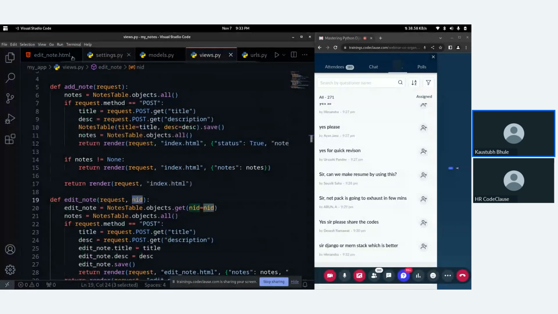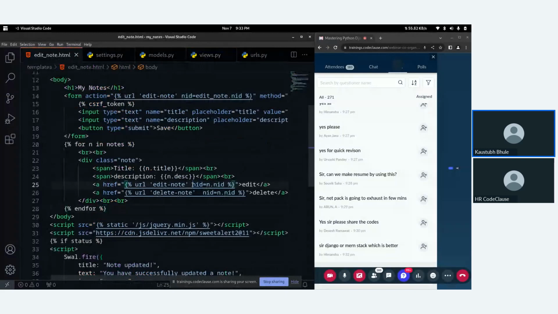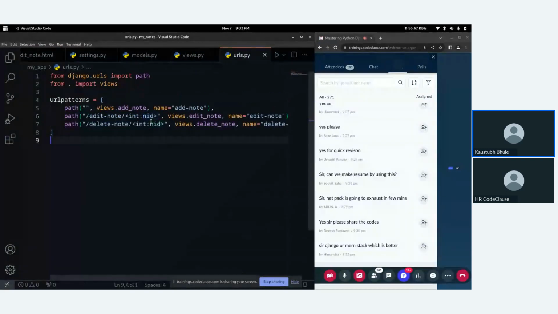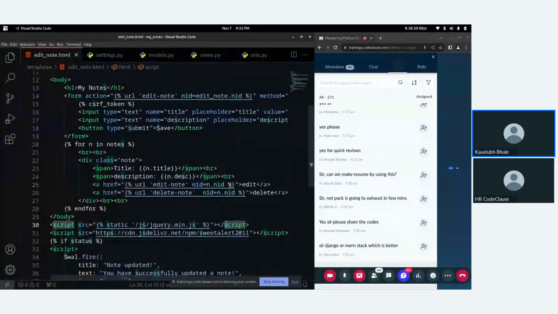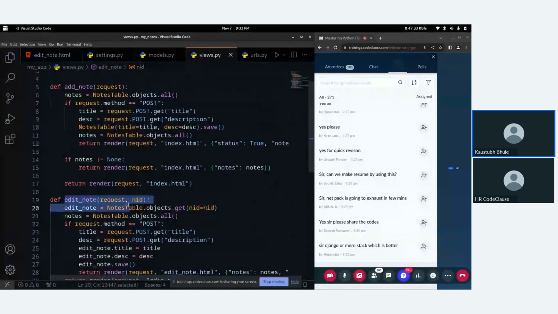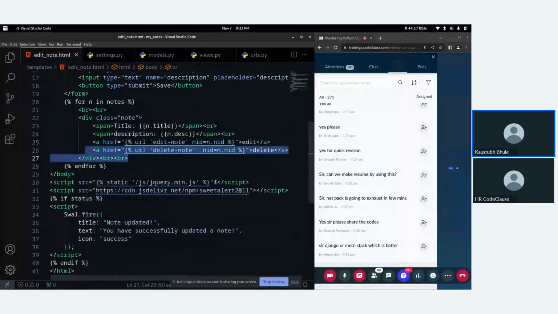That's why here I am using NID, and again in URLs, I am using NID. You need the same name. So after clicking on this edit link, this NID gets passed to the view of this edit note. For delete, it is also the same.